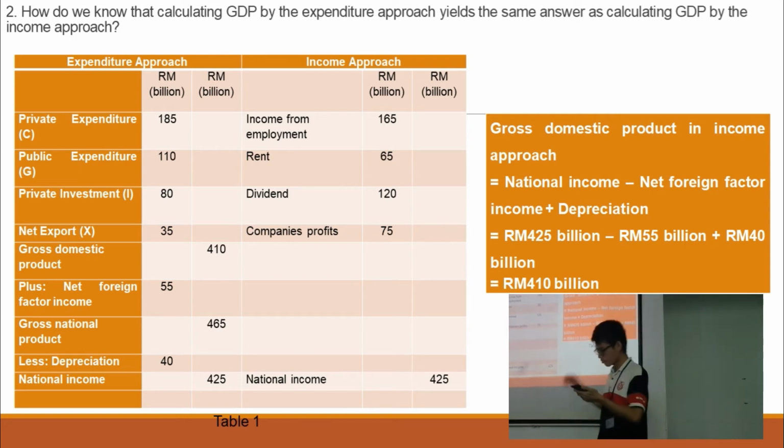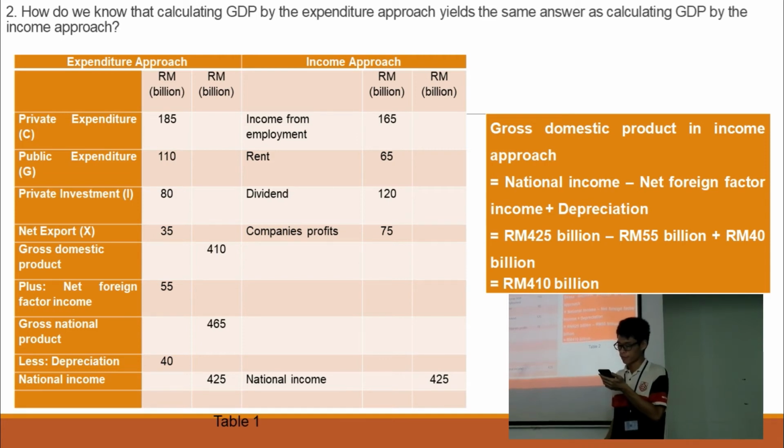The national income is the revenue from the factors of production such as land, labor, capital, and entrepreneurship. The way we can know the calculation for GDP in expenditure has the same value as the calculation for GDP in the income approach, which is RM 410 billion, is through Table